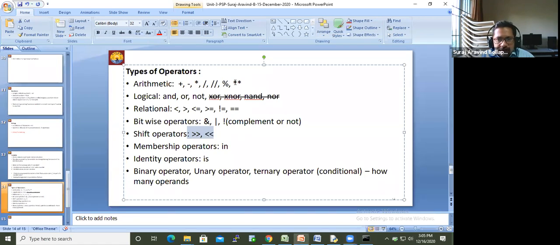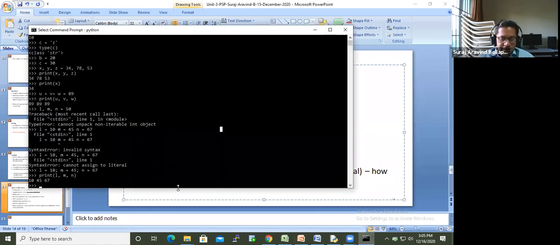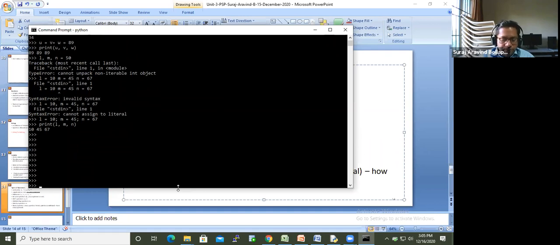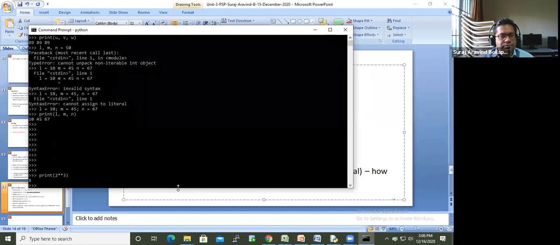Someone has asked what is the mechanism of this asterisk. Let us implement and check it. Exponential. Print 2 to the power of 3, which is 8.